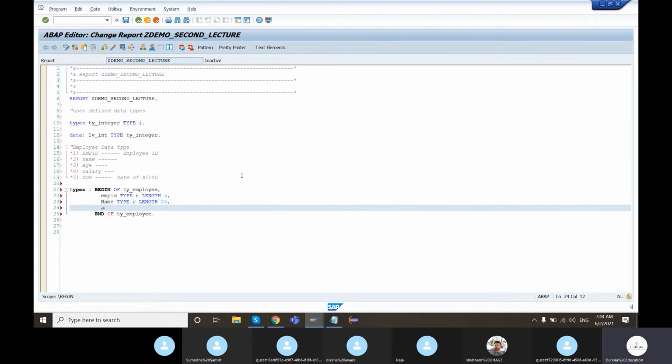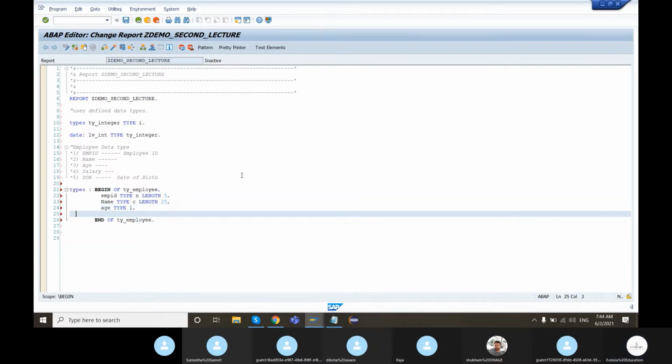Then age. Age can be an integer, so I can use I for age. Then we can create a field for salary.